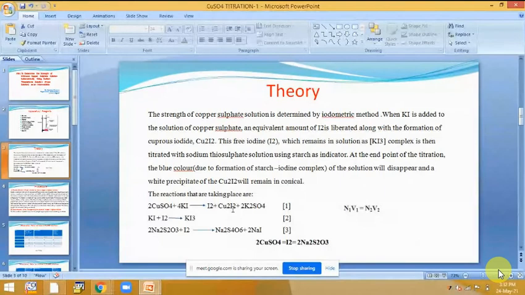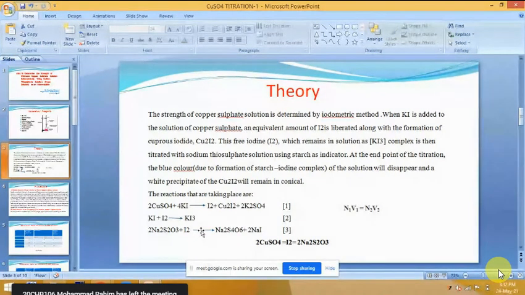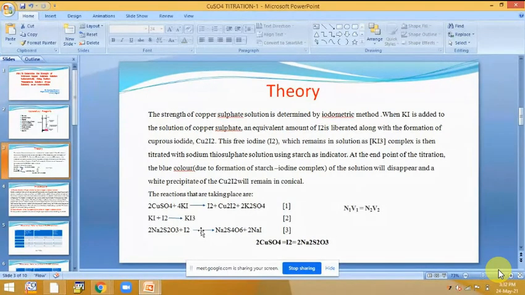And on the contrary, if iodine is consumed during any reaction, for example the third one, where free iodine reacts with thiosulfate and forms sodium tetrathionate, where the free iodine is consumed. So this type of reaction is called the iodimetric method. In this type of titration, which you will get in your third semester, free iodine is consumed. So that process will be called the iodimetric process, but in this case it is iodometric.